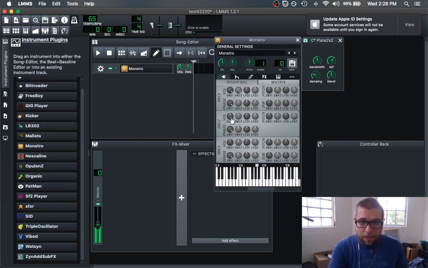Bring up these envelopes. Make it slower in attack. Yeah, let's keep that there.